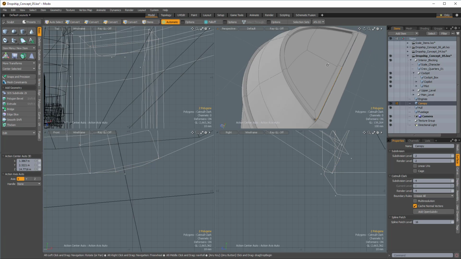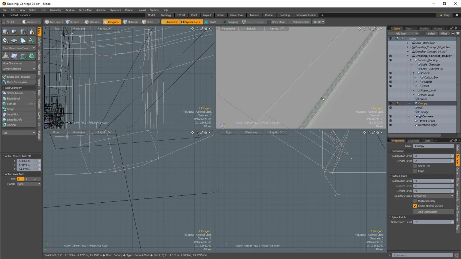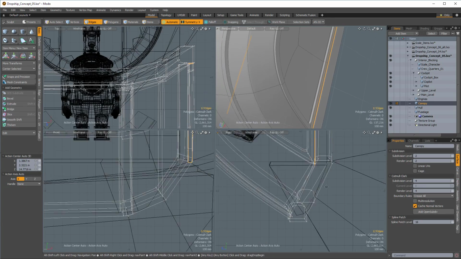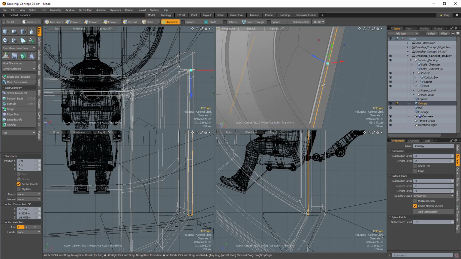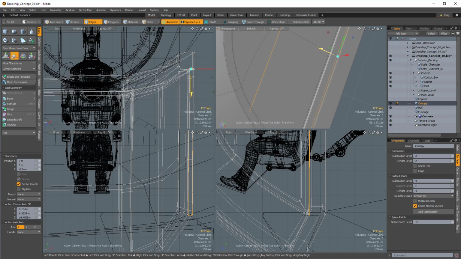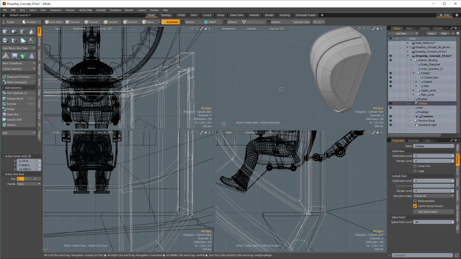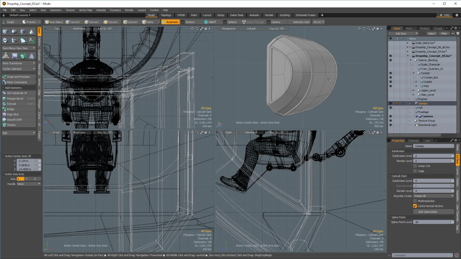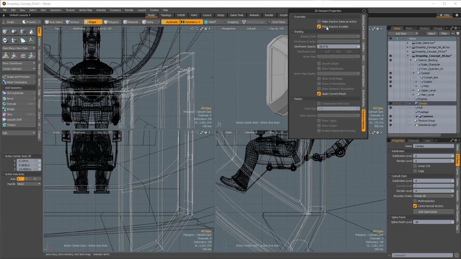But what I'm going to do is take these very back polygons here and cut those out. And then just grab the entire edge loop by double clicking on it. And just to make sure we have a nice amount of overlap, I'm just going to pull that right back into the rest of the frame. So there we go. I've got a nice clean looking bit here, and let's press O again, and I'm going to